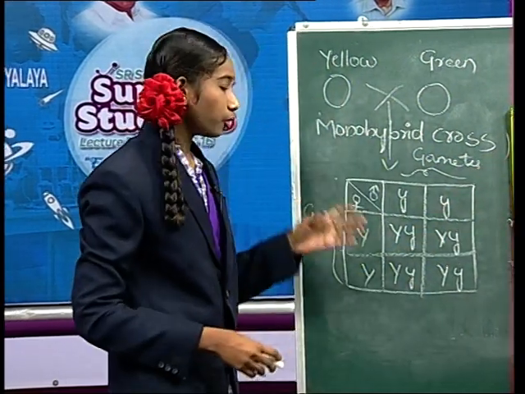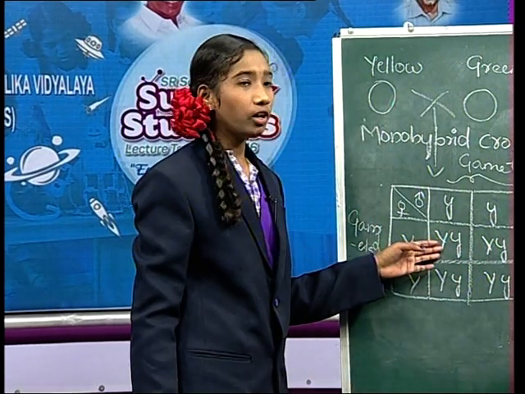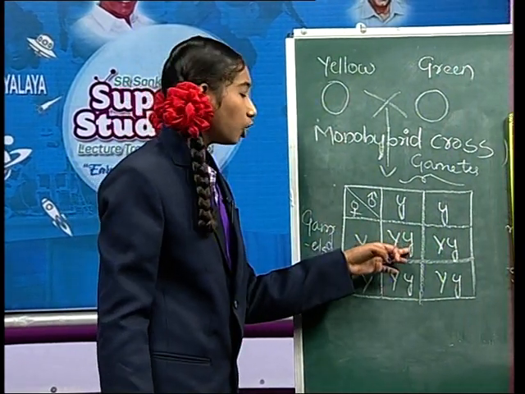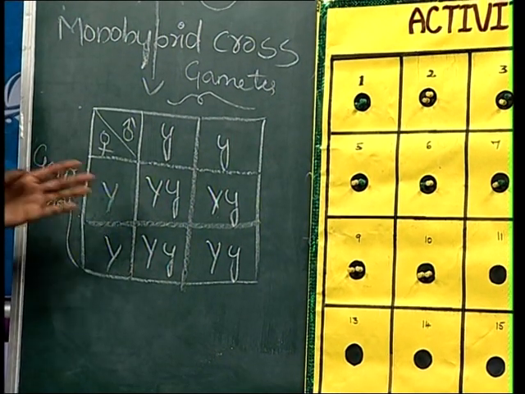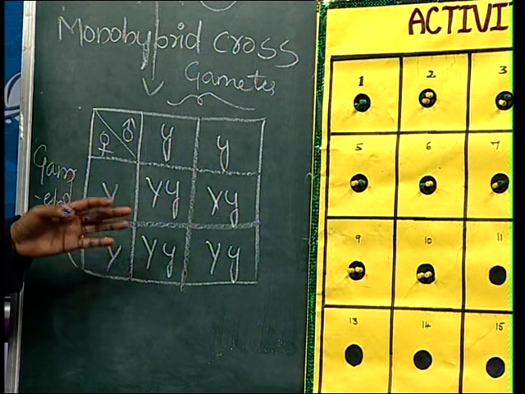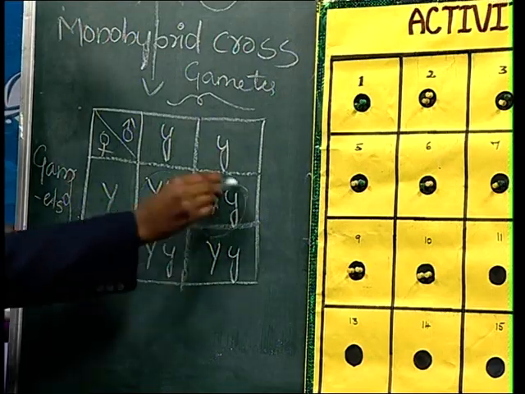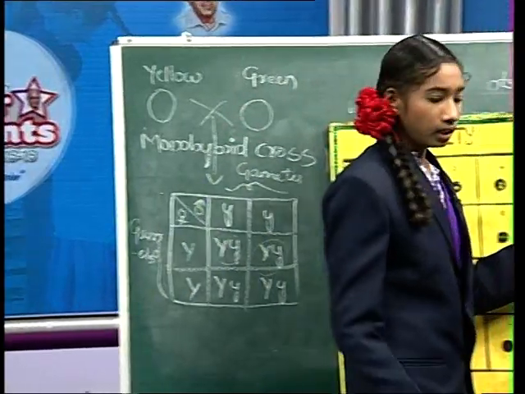What we can observe, friends, is that all of these belong to yellow, because capital Y is a dominant trait and small y is a recessive trait. Then he observed that in the first generation all the seeds were yellow in color. When he self-pollinated this type of plants, he got the second generation. It means